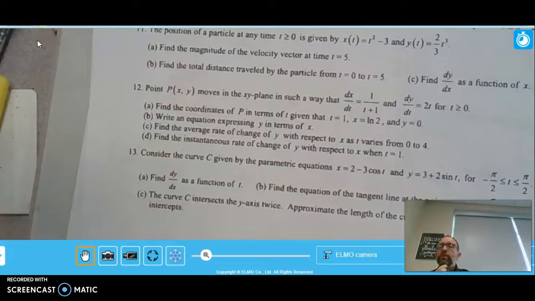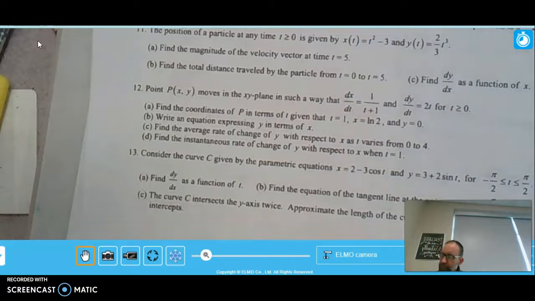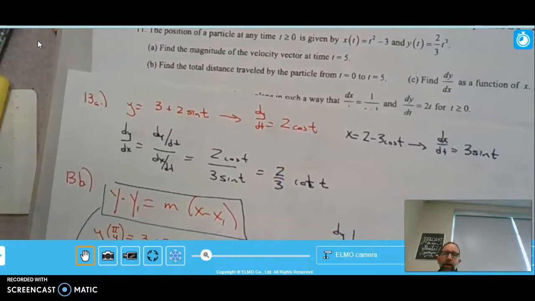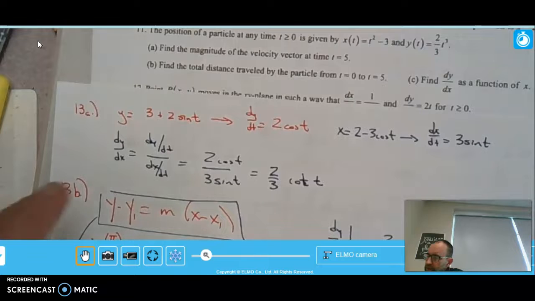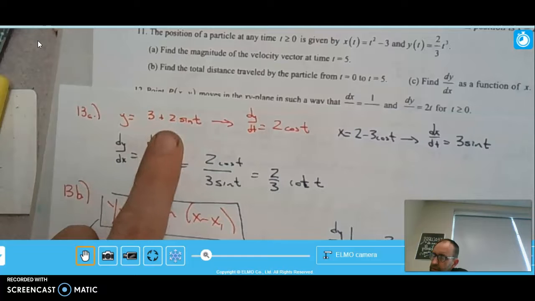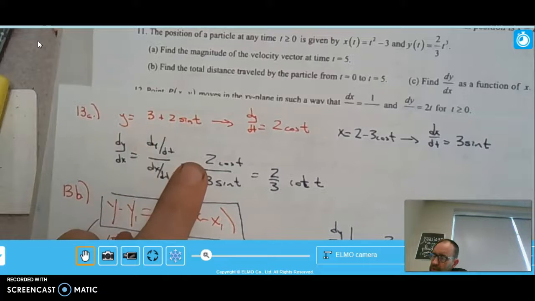So question number 13 on the review worksheet here, part A, says find dy/dx as a function of t. They gave us expressions for both x and y in terms of t and the interval that we were working on. So when I look at finding dy/dx, I think about finding dy/dt and dx/dt and then dividing those two things. So dy/dt will be 2 cosine of t,